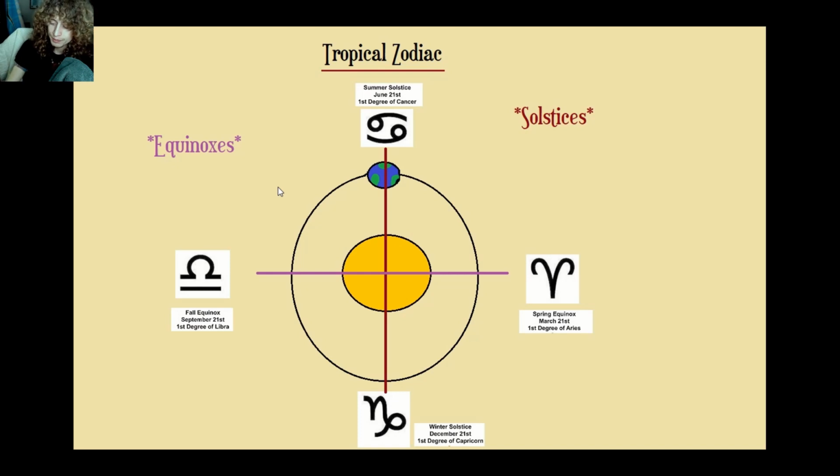Next, we hear the following. So this is the first cross, okay? And this is Earth going around the sun. We know that the Earth has a summer solstice and a winter solstice between these 2. How do we know this? It's by measuring the lengths of the day. We're going to get to that eventually. June 21st is the summer solstice, the 1st degree of Cancer. Winter solstice is December 21st, the 1st degree of Capricorn.